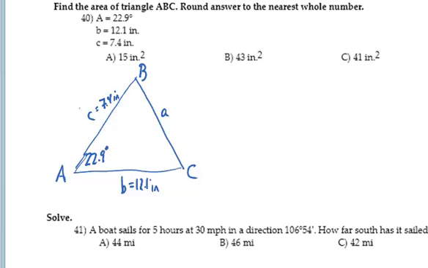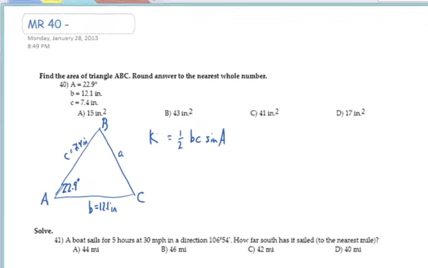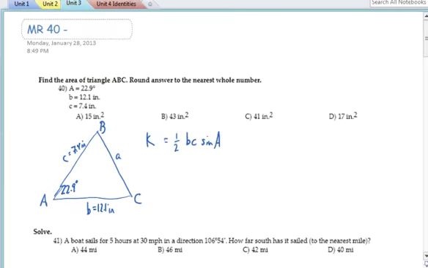We had the special rule that if you have side-angle-side for any triangle, the area K is equal to 1/2 times side B, side C, and the sine of the included angle A. That works for this setup. So it's going to be 1/2